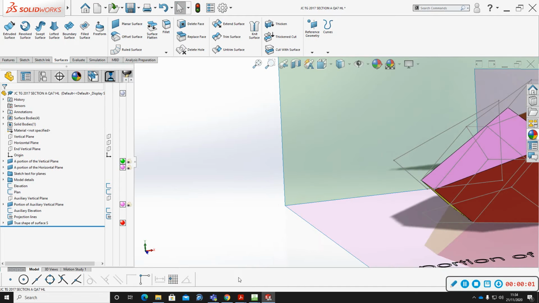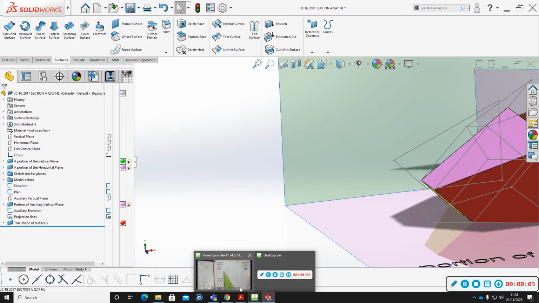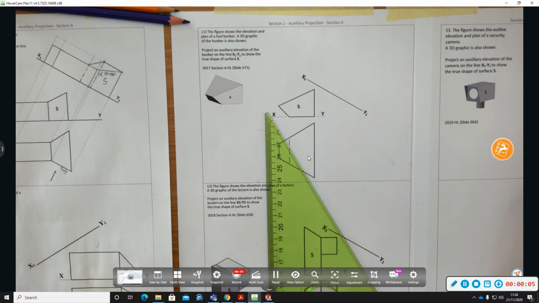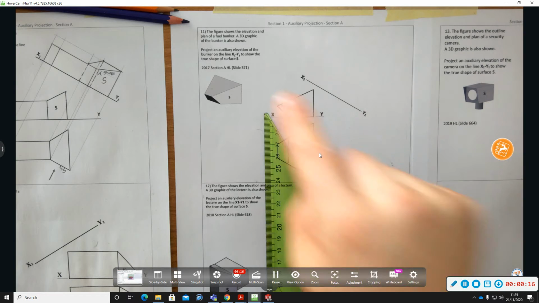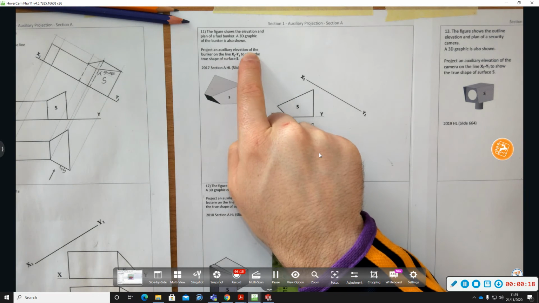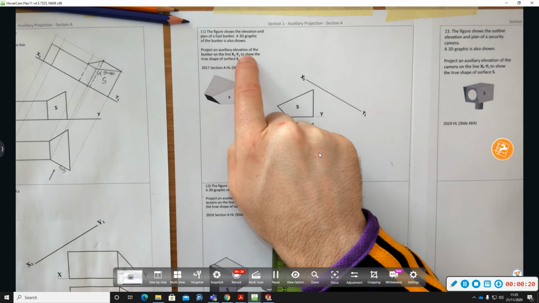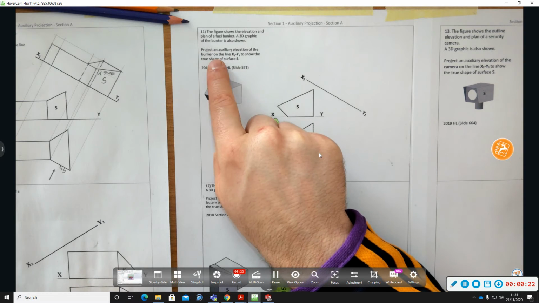Okay, so welcome to this video on 2017 Section A higher level question A7. The figure shows the elevation and plan view of a fuel bunker. A 3D graphic of the bunker is also shown. Project an auxiliary elevation of the bunker on the X1, Y1 line, to show the true shape of